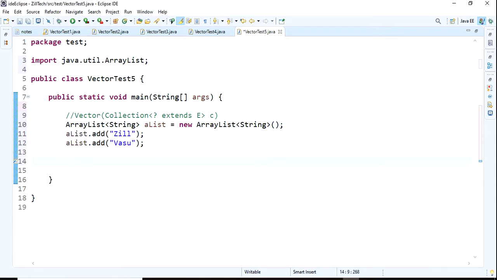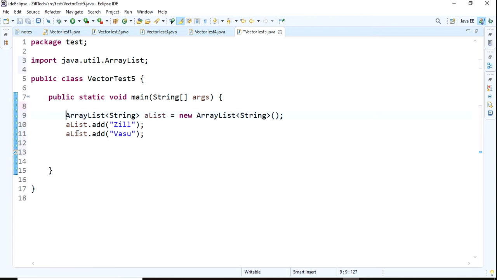Next I will create our vector related. I will go with this constructor. Okay, this is nothing but creates the vector that contains another collection's data. See, Vector.